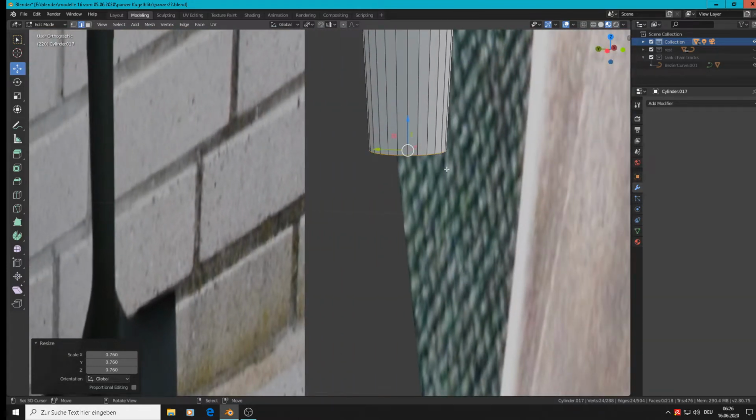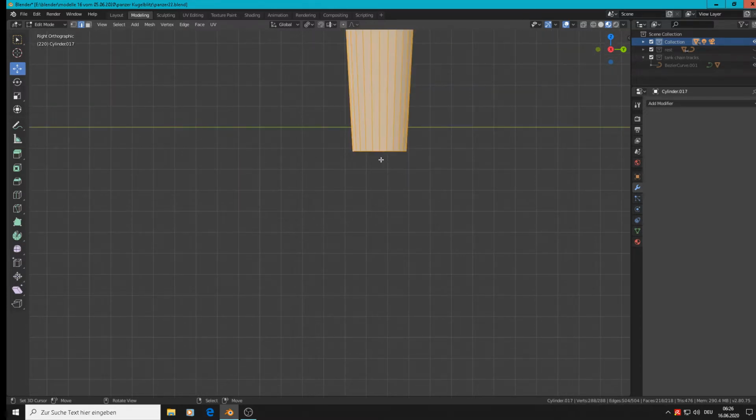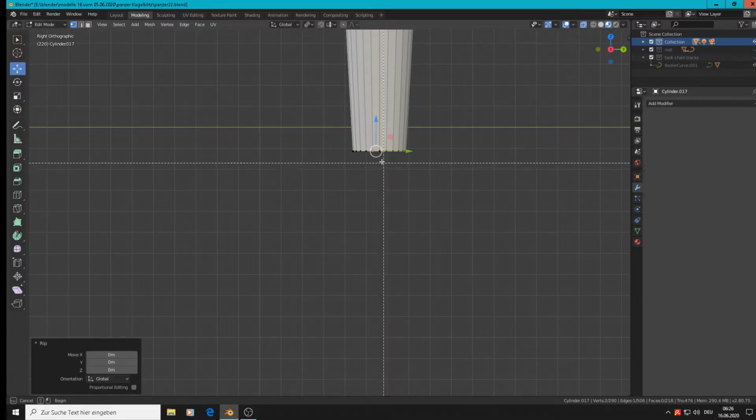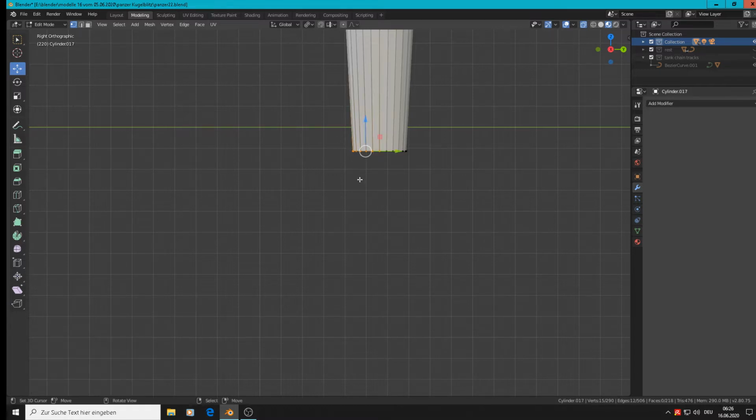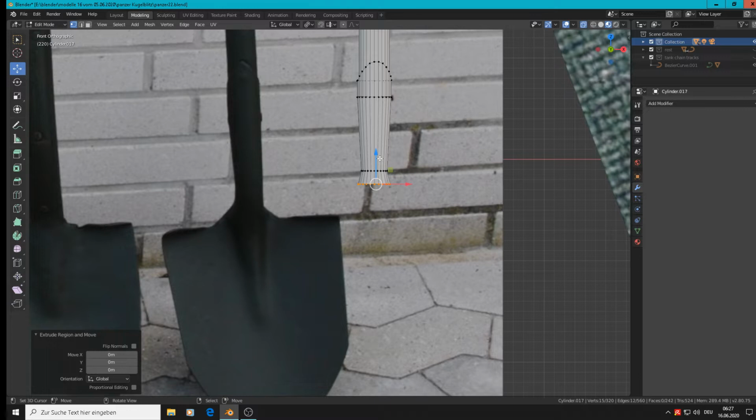So we can look from the side, numpad 3, and then we only need this half part, so we activate background selection, and then we take B, box selection, and only work with this part. That means we extrude again and scale up a little, then we extrude and go deeper and scale them, and that is the,